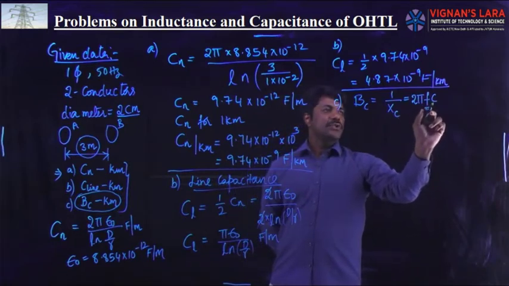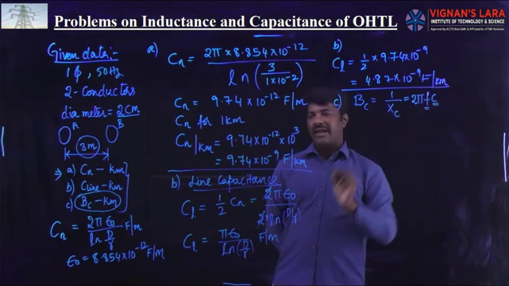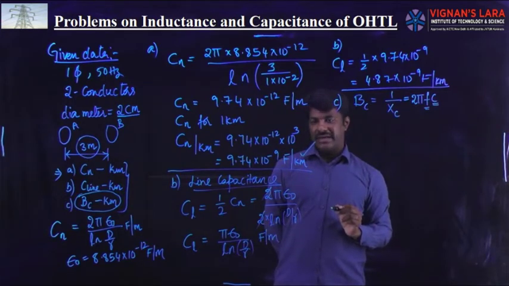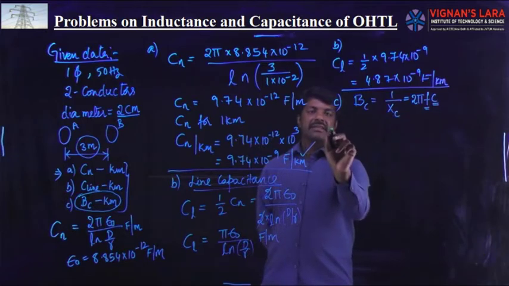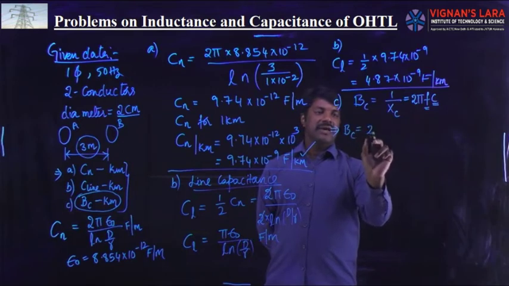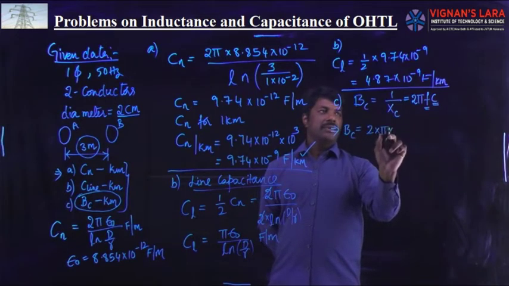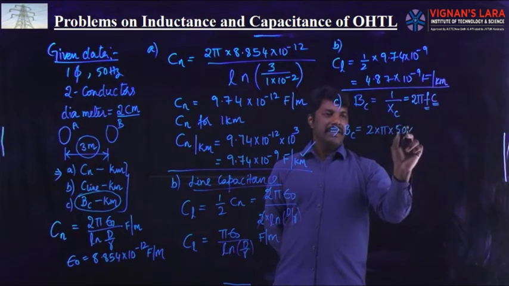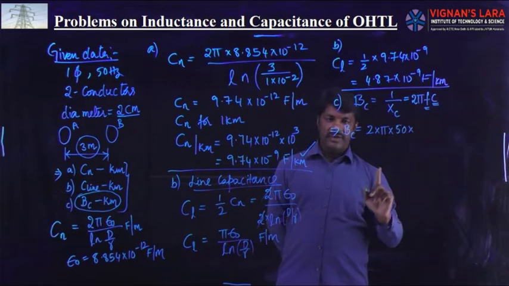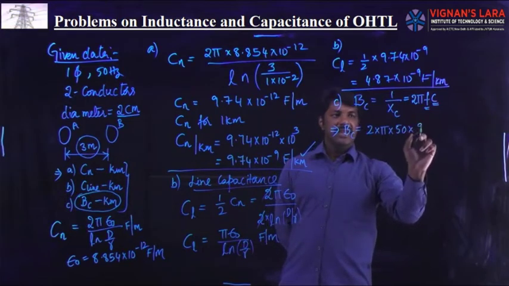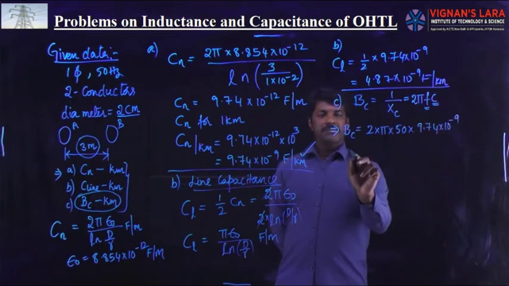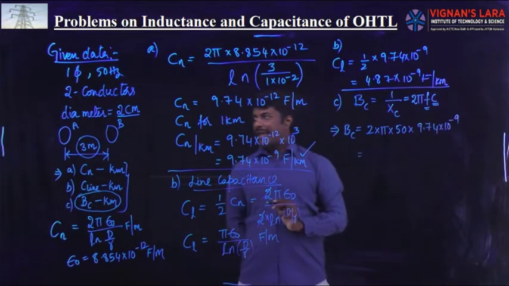The neutral capacitance calculated per kilometer is 9.74 into 10 power minus 9 farad per kilometer. Then directly we can get the magnitude of capacitive susceptance by substituting the values: 2 into pi into the frequency 50 Hz multiplied by the capacitance value calculated for one phase for a length of 1 kilometer, 9.74 into 10 power minus 9. Simplifying this in the calculator, we will get the magnitude as